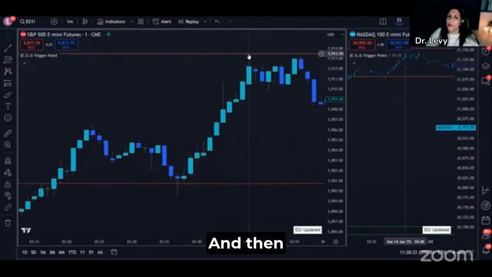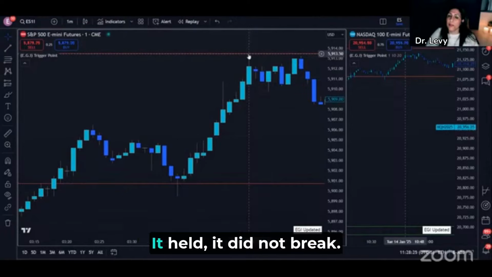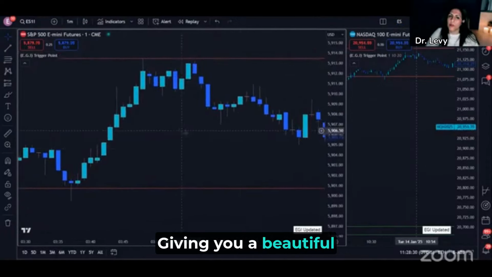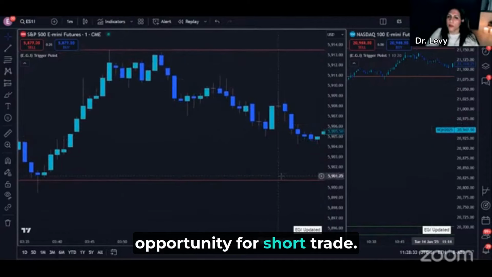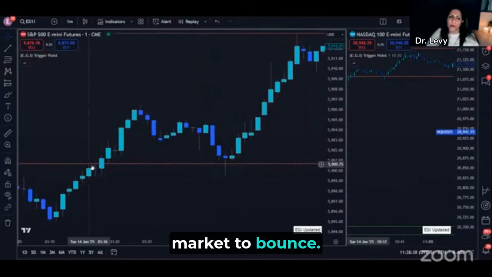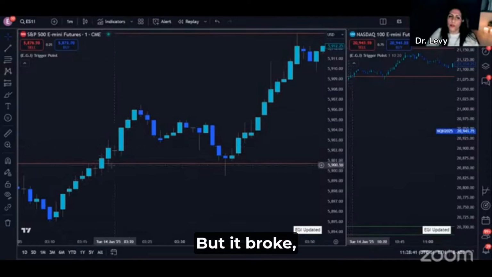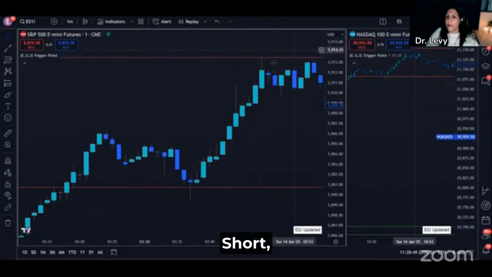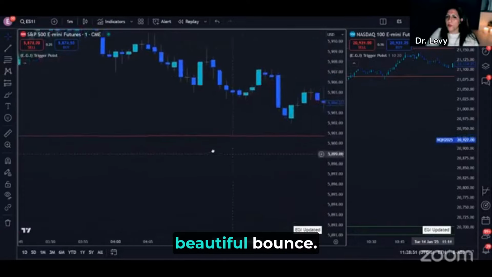And then this is the resistance level. It held, it did not break, giving you a beautiful opportunity for a short trade. Okay, so this is a losing trade because we expect the market to bounce, but it broke, validated the long level to the upside. Short, beautiful bounce,